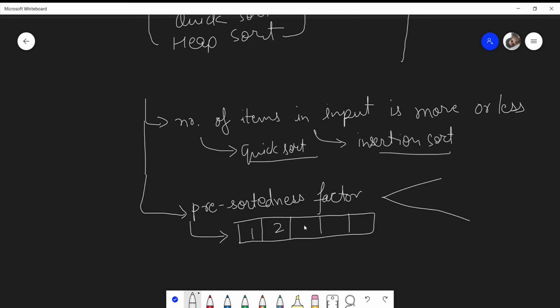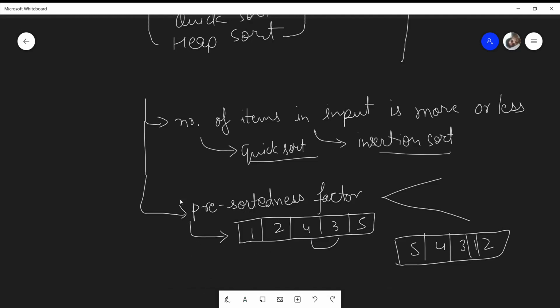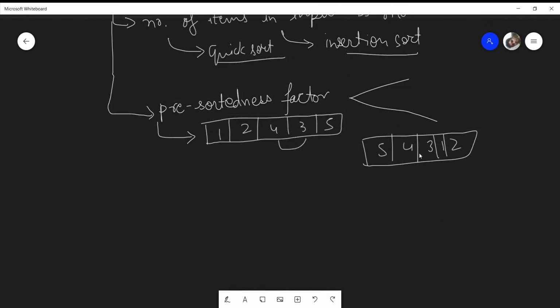Let's take an example. In this particular sequence, it is almost sorted, so its pre-sortedness factor is quite high. But if I take, let's say, this input sequence, then in this case my pre-sortedness factor is very low. So what I mean to say is that one is mostly sorted and the other is very less sorted.